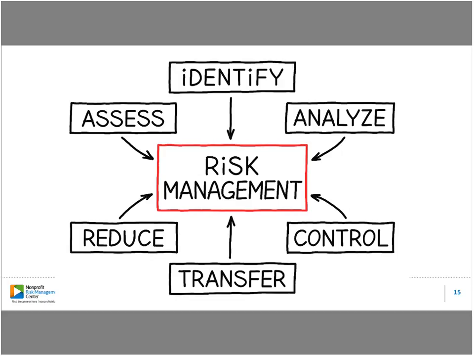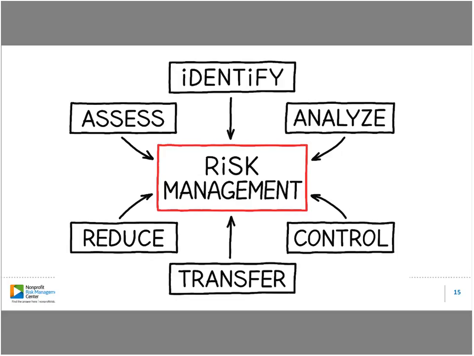The second option here is transfer, which is sometimes also called sharing risk. And this is frequently done through the use of insurance. So for a lot of different areas of risk exposure, organizations look for insurance as a way to kind of transfer the onus of that risk and to deal with it in a way that is most cost effective for them. So a lot of larger organizations will rely more heavily on insurance, but a lot of smaller organizations just simply don't have the financial ability to do that. But this is one option that's very popular, using this kind of risk sharing or transfer.